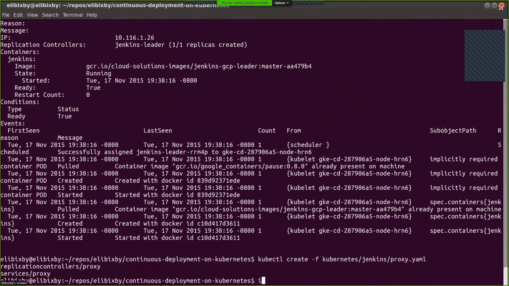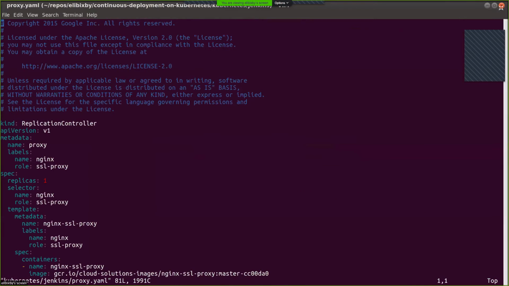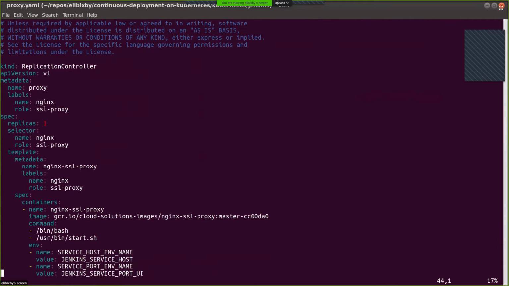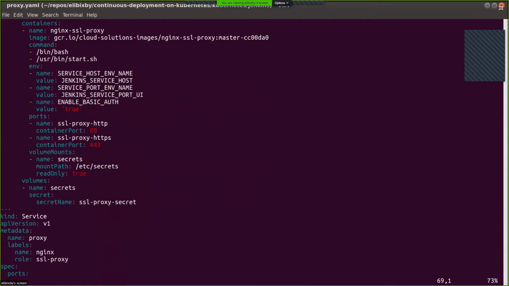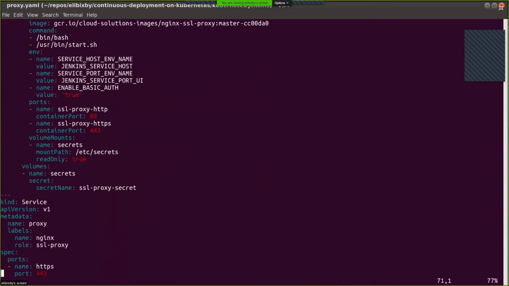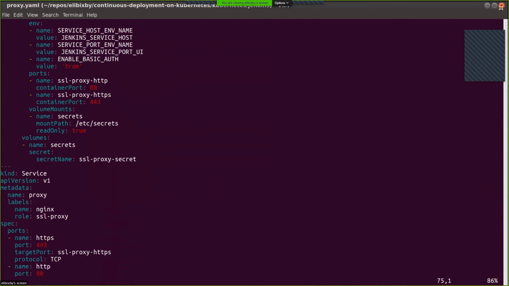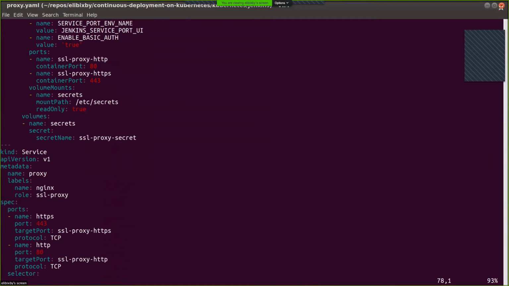And this is a very similar thing. We configured a replication controller that just has one replica and a service that lives in front of it. Services come in 3 different types: node port, cluster IP, and external load balancer. And so the service we created before was a cluster IP. It provided a static IP to processes running within the cluster, and it isn't accessible from the external web.